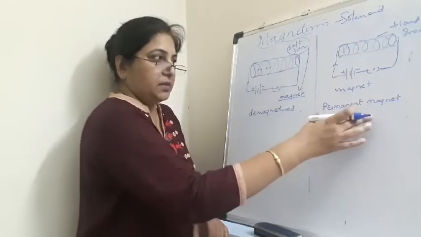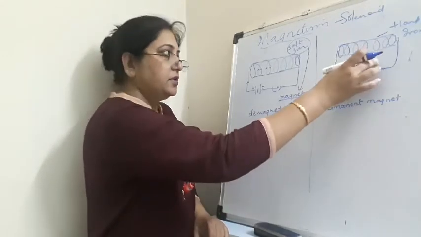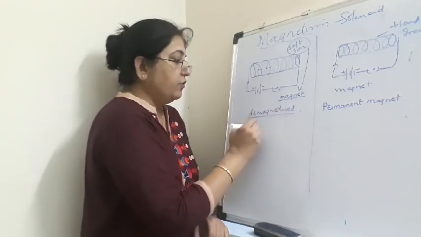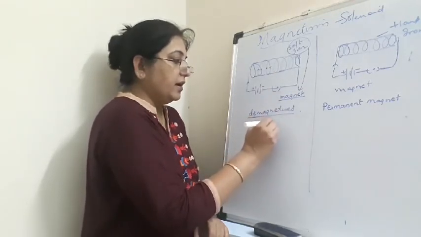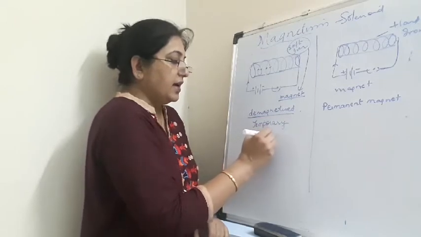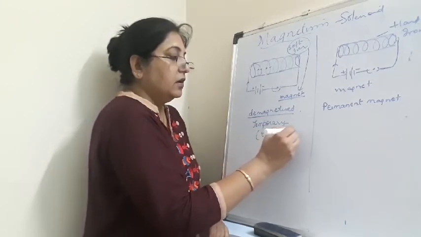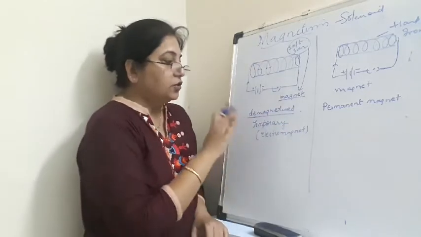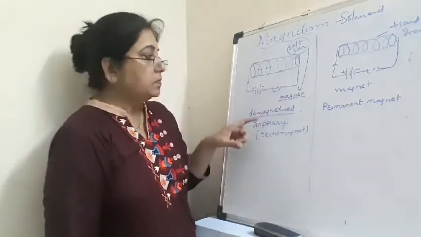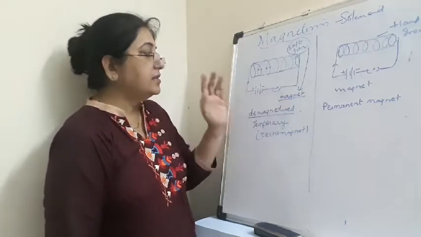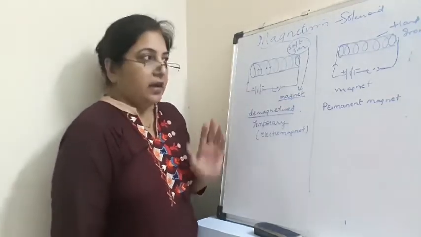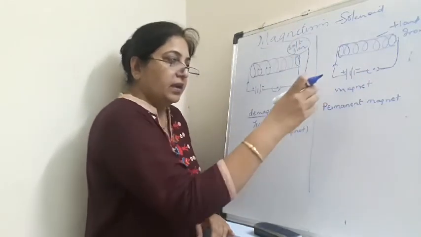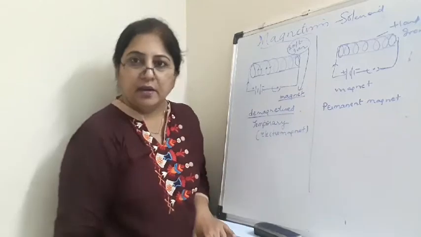Hard iron core becomes a permanent magnet with the help of a solenoid, and this gets demagnetized, and this type of magnet is called a temporary magnet, and we call this magnet an electromagnet. You know why? Because when the current flow stops, it stops behaving like a magnet. So it is easy to magnetize it, it is easy to demagnetize it. It is difficult to magnetize it, but when it gets magnetized, it does not lose its magnetic property.